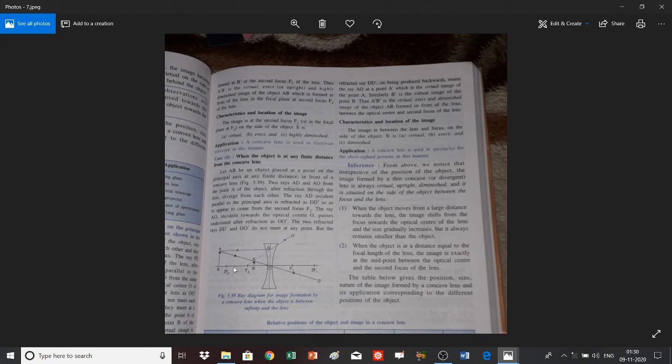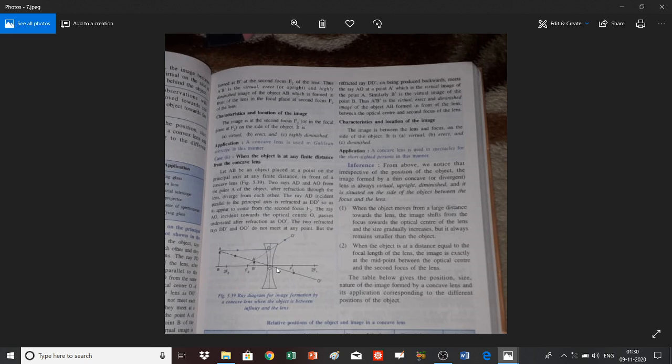The distance of this point from the optical center is twice f, and in a similar manner, this one is also 2f. Okay, now the object is placed here. So this distance is measurable, and it is not at infinite distance. So now you have to consider two rays, one